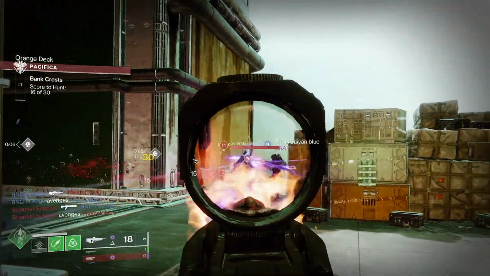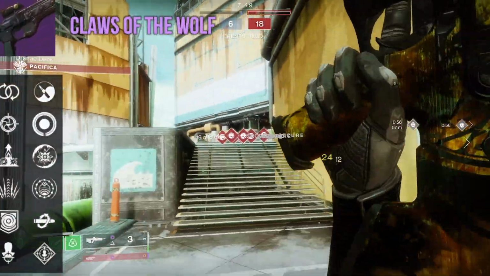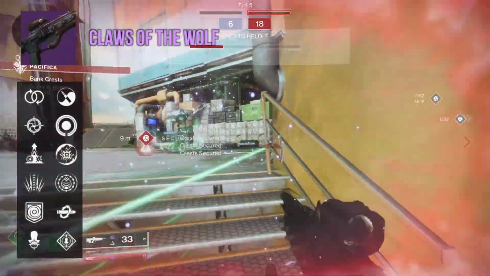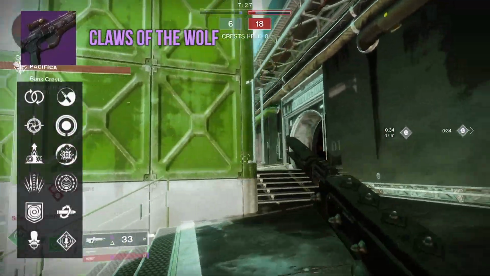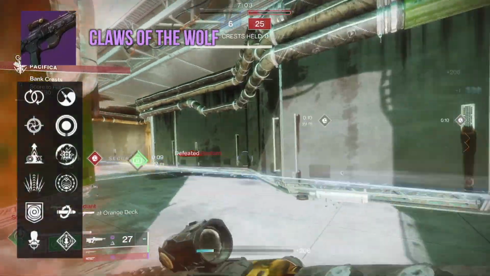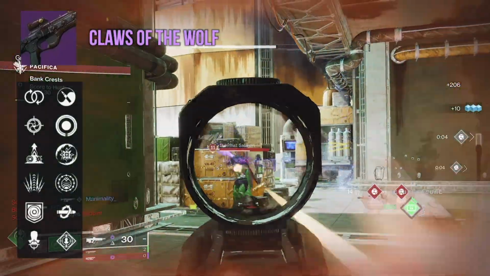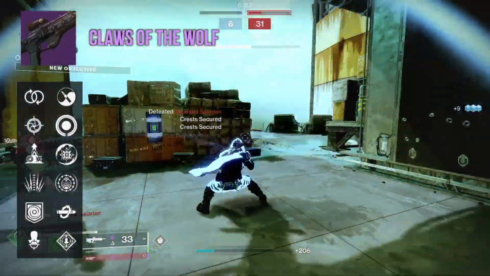Last and certainly not least, and also most certainly talked about to death, is Claws of the Wolf. Right out of the gate, this thing's worth the hype. I have a few rolls that are very nice. I've been rolling with one that's got Headseeker and Zen Moment, paired with range boosting traits like Full Bore. I really like this roll because you can get away with garbage stability because Zen Moment is going to keep you steady. Headseeker is going to help out a little bit as well with the increased aim assist, in addition to the bonus crit damage,